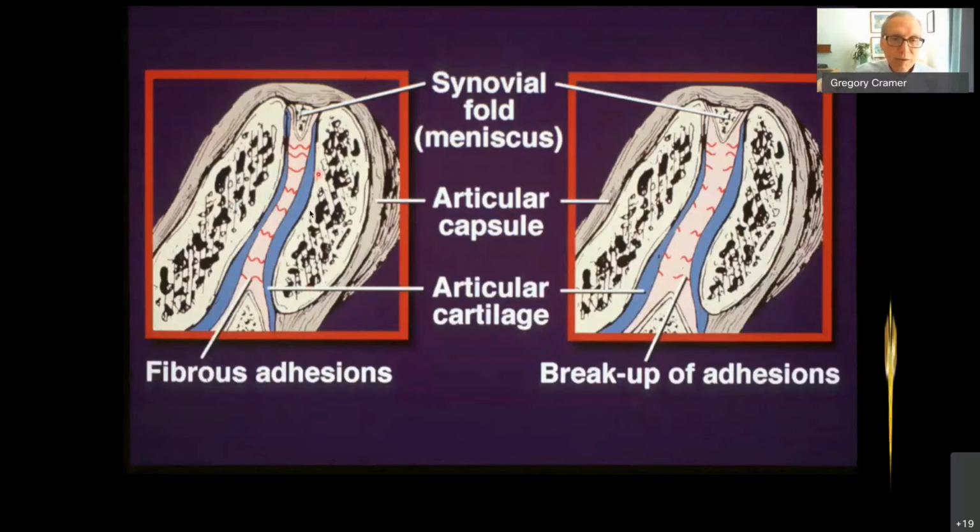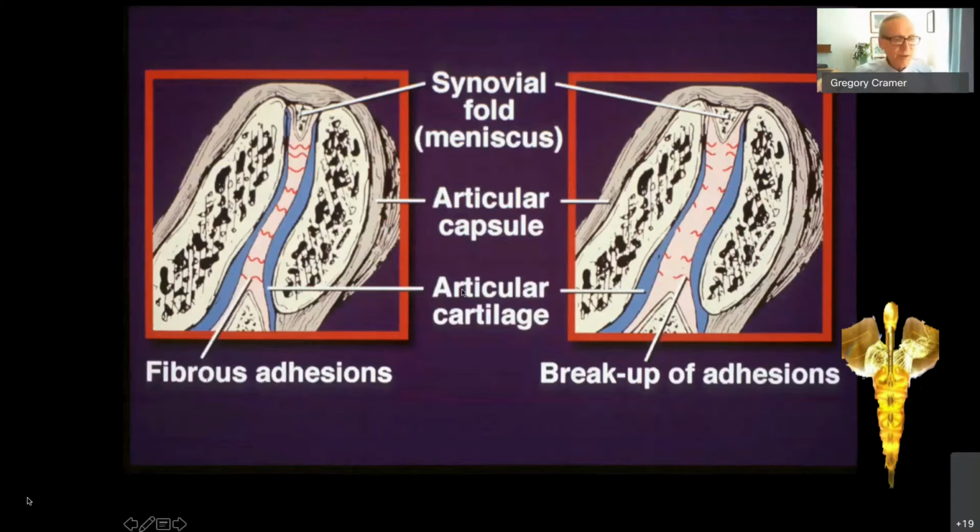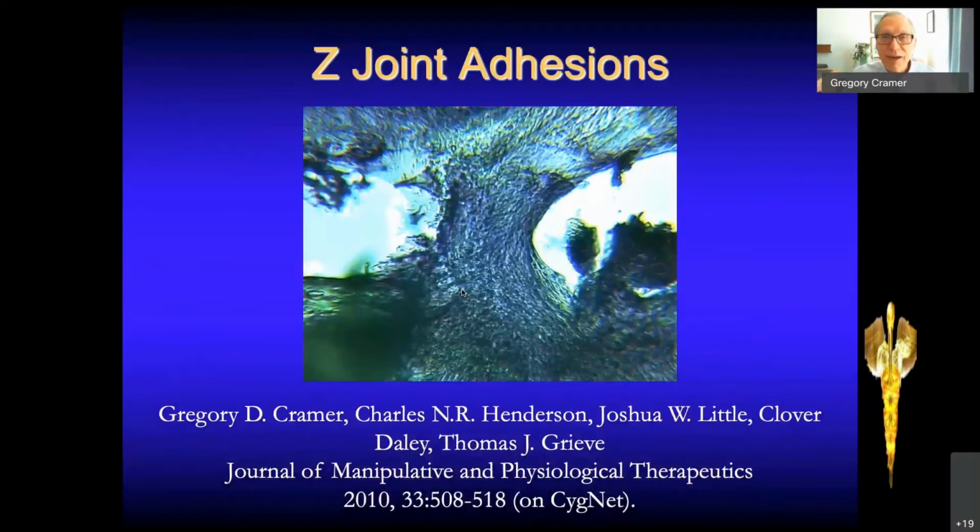And all of our work is done under the auspices of the Institutional Animal Care and Use Committee, which runs under the guidelines of the Department of Agriculture. We have a veterinarian on the staff, and all surgical procedures are done under anesthesia and then followed up with 2 days of analgesia. Animals are observed for pain behavior. If any is seen, analgesia is extended. So at any rate, this is a rat Z